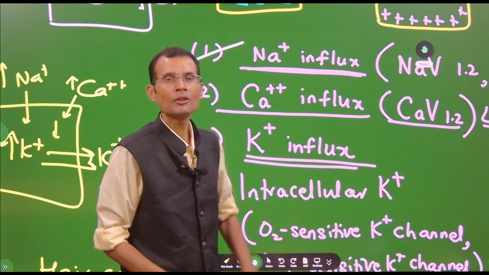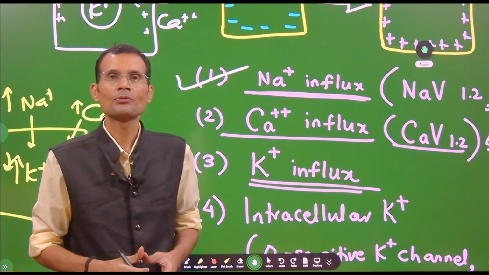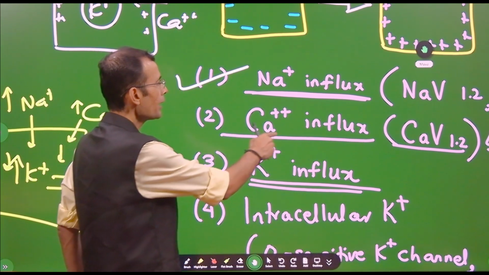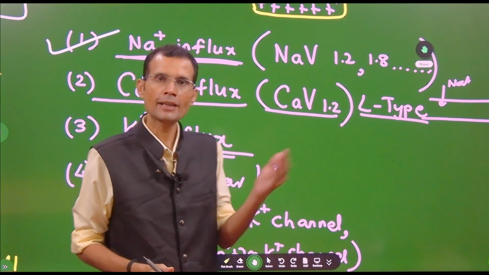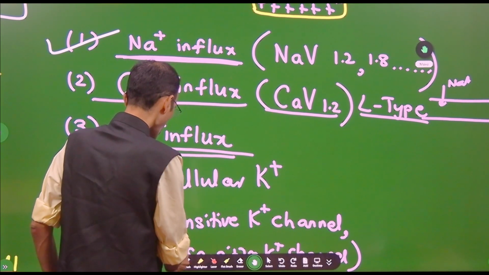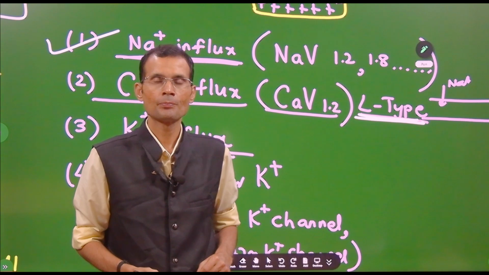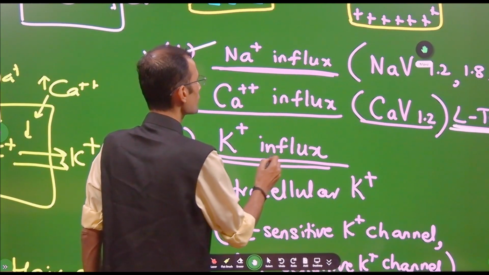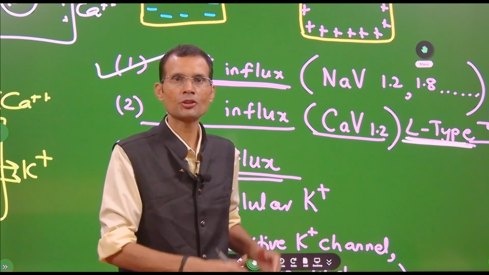Next, calcium influx. Well, yes, you know the area where this happens. The myocardial cells. Many cells in the heart show depolarization by entry of calcium. And here, there are CAV type channels, calcium voltage gated, also called L type voltage sensitive calcium channels. L stands for long lasting. So calcium influx, for instance, in the SA node is responsible for the depolarization of the SA nodal cells,